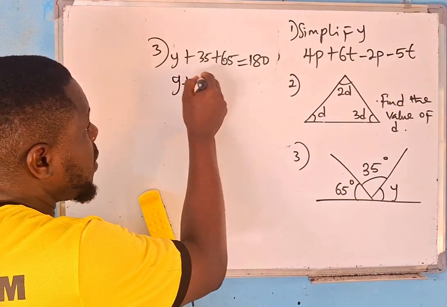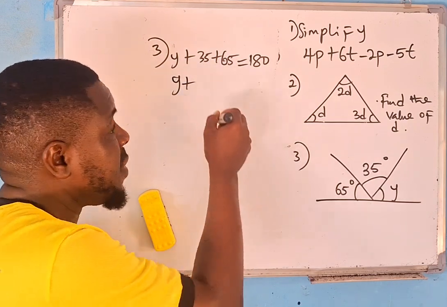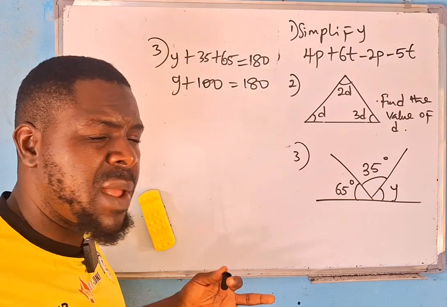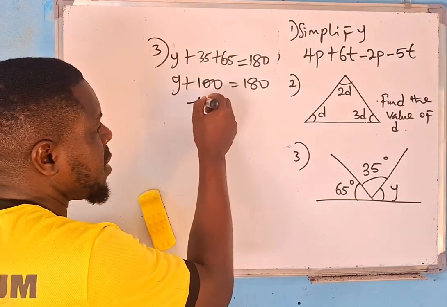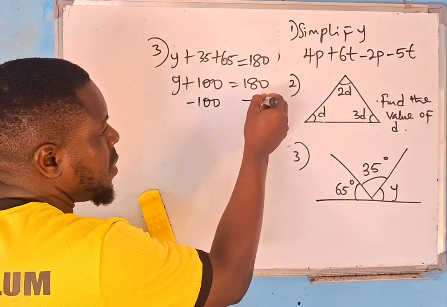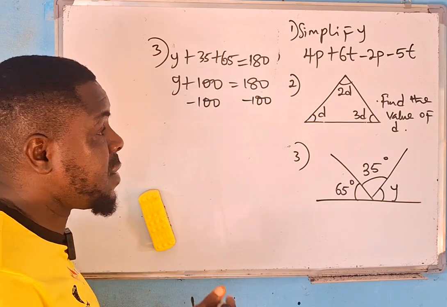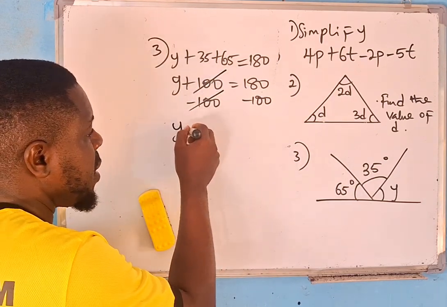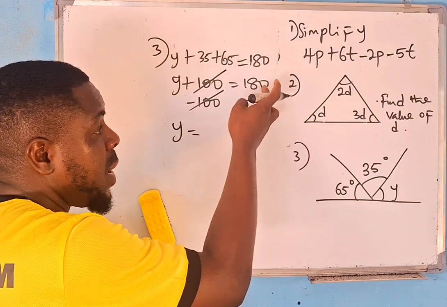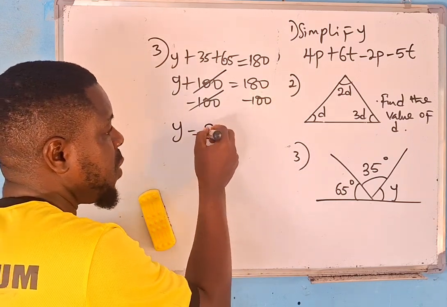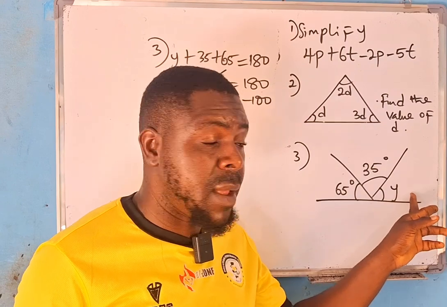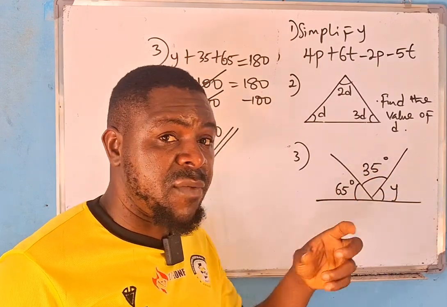Then this is y plus 35 plus 65 gives us 100, is equal to 180. To get the value of y, I'll just subtract 100 from both sides. Now plus 100 will cancel out minus 100. I'm left with y on the left hand side. Now 180 take away 100 will give me 80 as my answer. So if I add 80 here plus 35 plus 65, it will give me